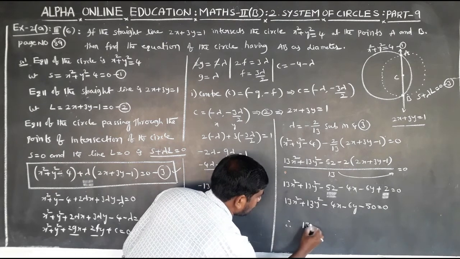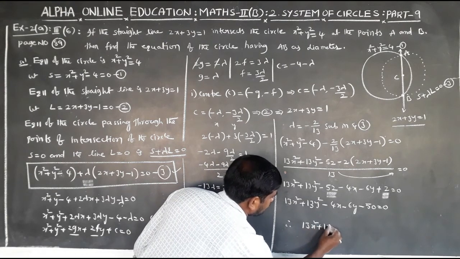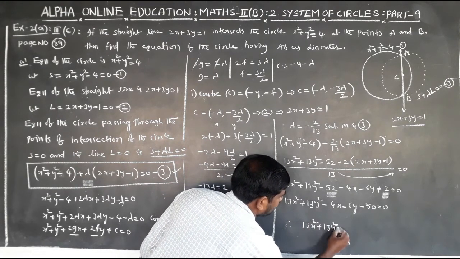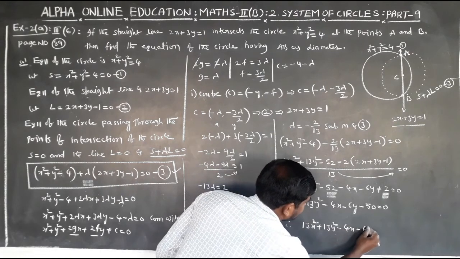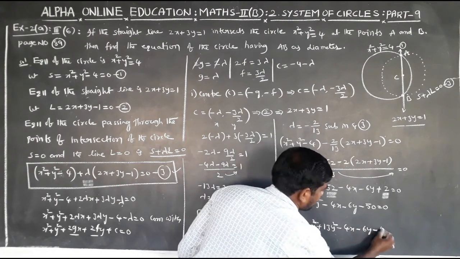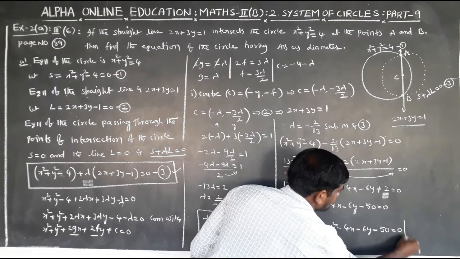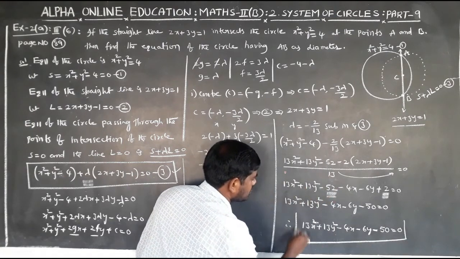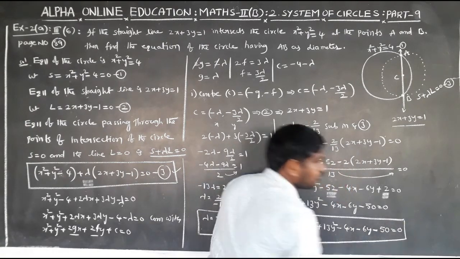Therefore, 13x² + 13y² − 4x − 6y − 50 = 0 is the required equation